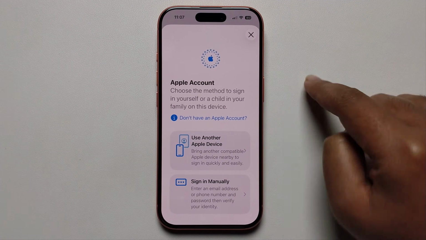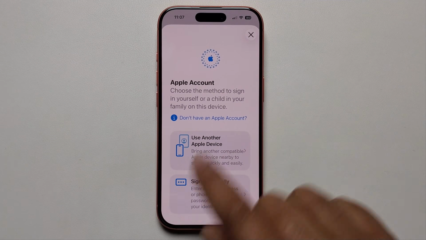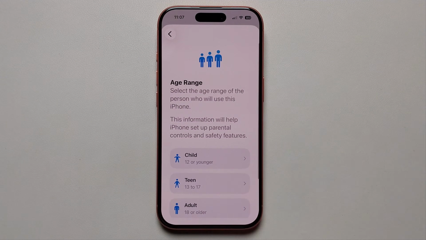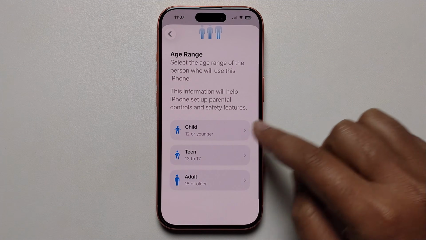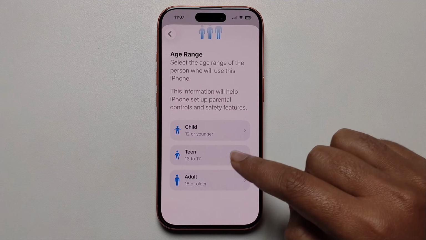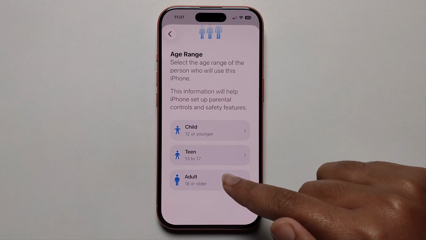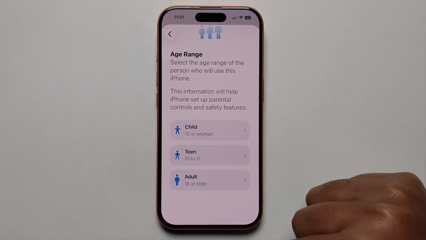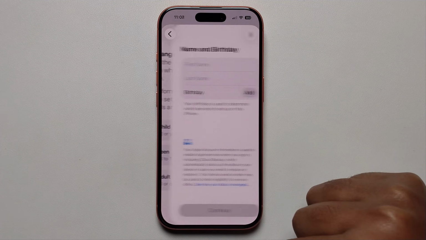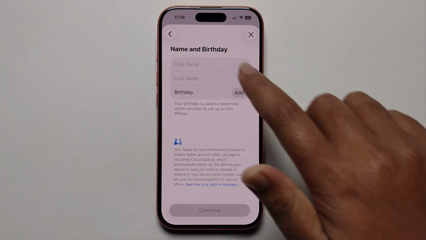Showing it to don't have an Apple account. Click on. Showing it to three different ways: child, teen and adult. And just select adult. Okay, and enter first name,